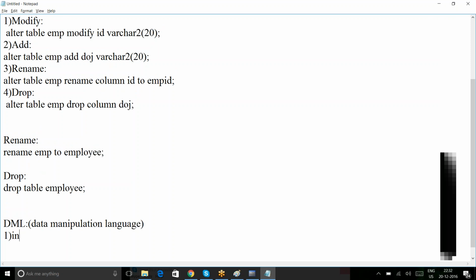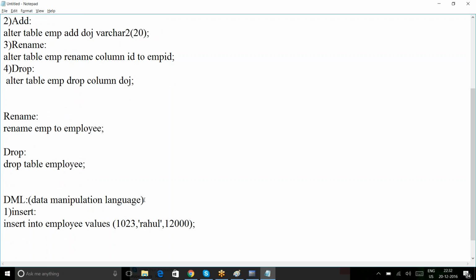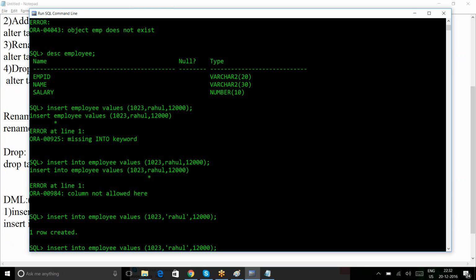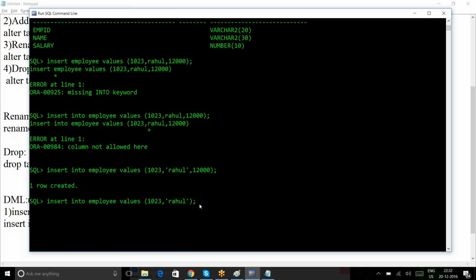And in this, first thing is what? Insert. How we are inserting? The command insert into employees or employee values, right? How many columns are there? That many values must be inserted. Suppose if I am having 3 columns and I am inserting only 2 values, is it fine? Yes, you will get an error. No, because 3 columns are there. Compulsory 3 values must be given. If I enter, then it will say